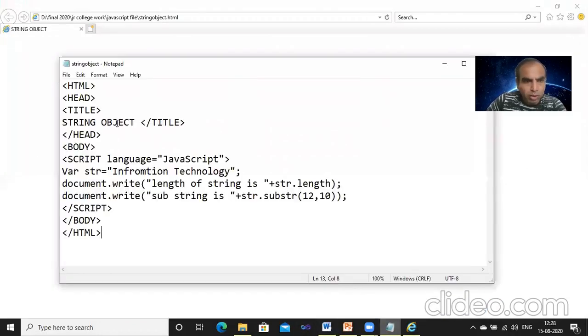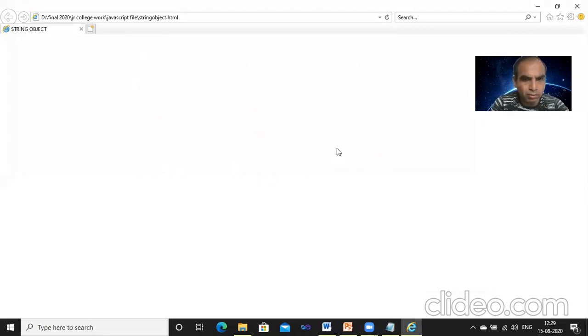What is the wrong thing over there? Now script language is equal to JavaScript, right? Where str.length, that is also right. Document.write.